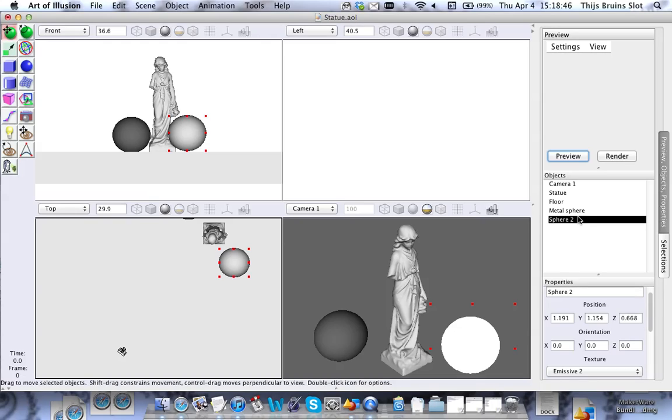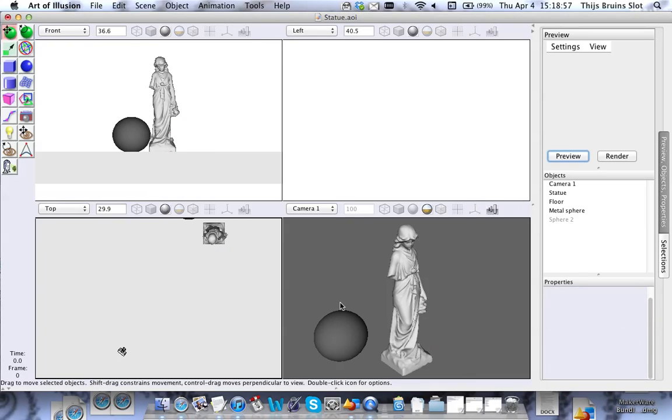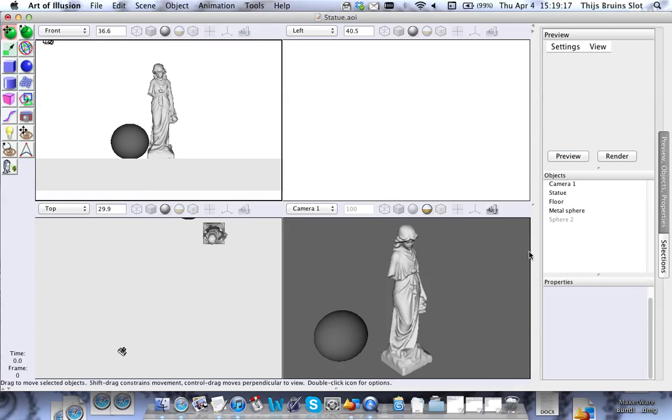Alright, there is one other thing you can do with emissive textures, and that's a really cool option. Let's just hide the sphere. We don't need it anymore. And that's called diffuse lighting. I always like to use diffuse lighting because I think it gives a very nice feel to the whole scene. And there are basically two ways I like to use this. You can just use an emissive texture, or you can use an HDRI image. I'm going to get into that later, but first let's focus on the